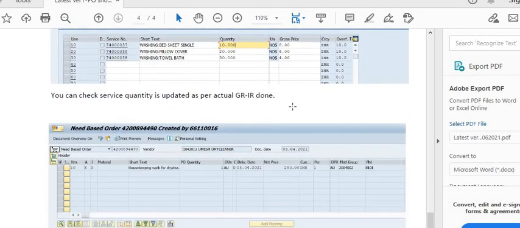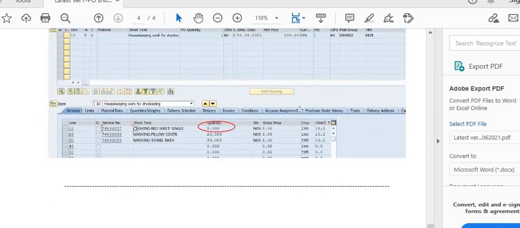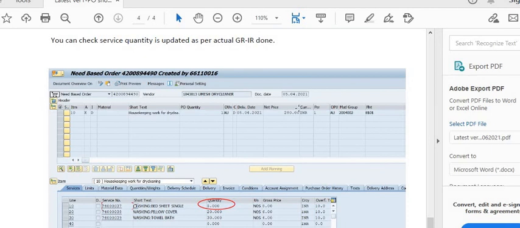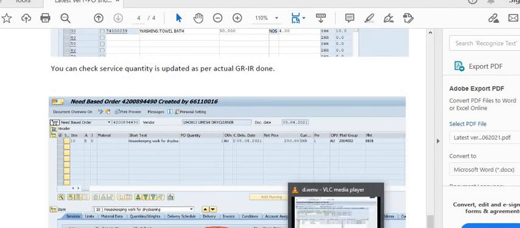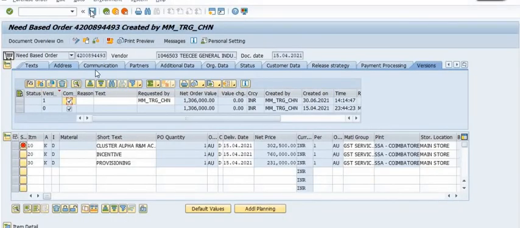Then you need to save this purchase order and release this purchase order. Your service purchase order will be short closed.